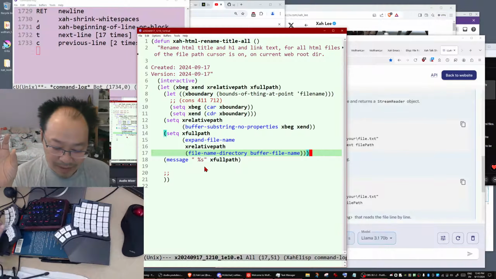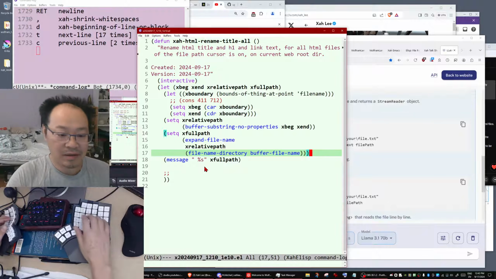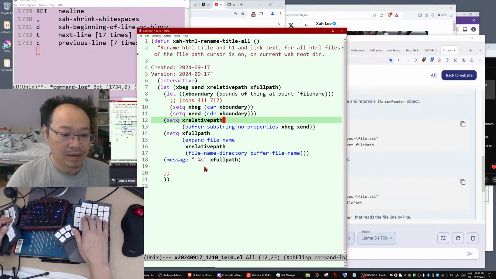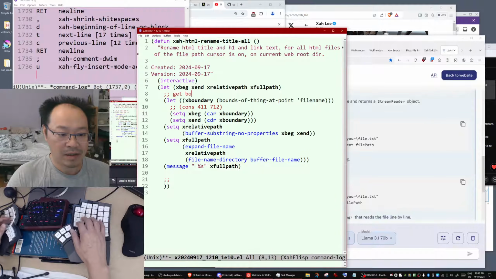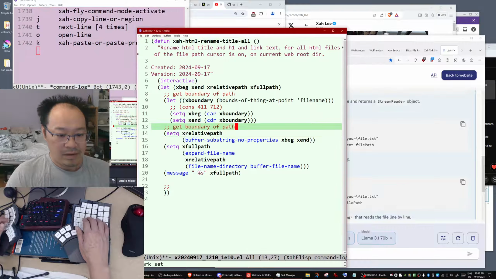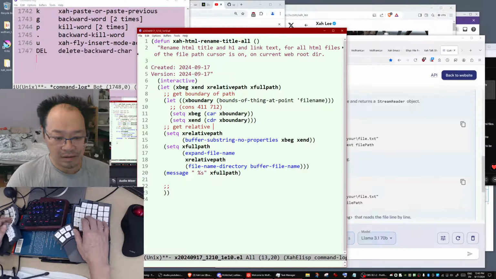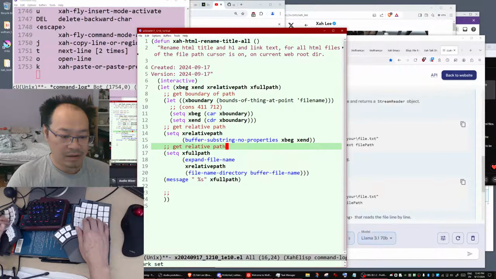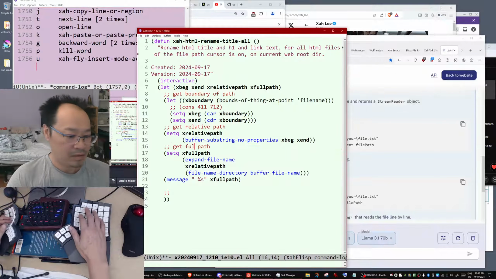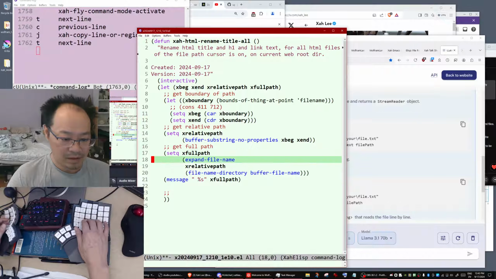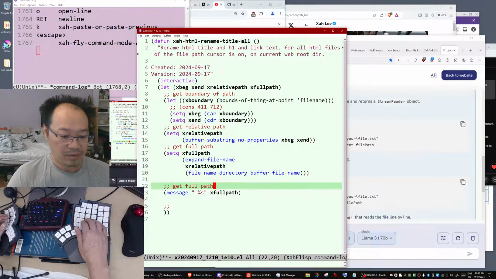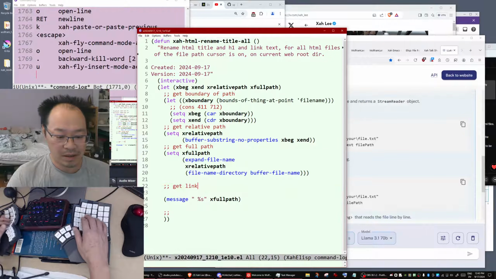So we got the file path. Now we want to get the, let's annotate. Okay. So next thing we want to do is get the link text.